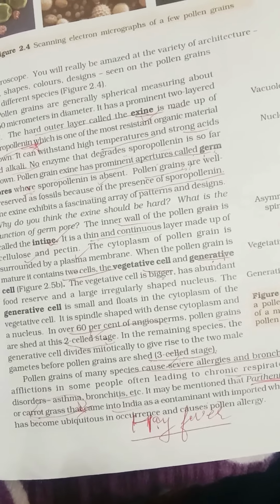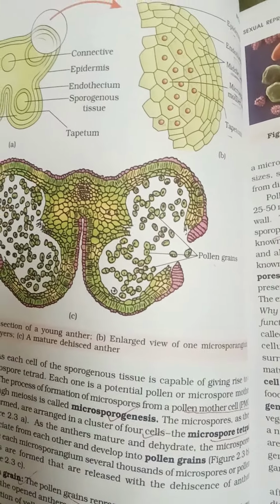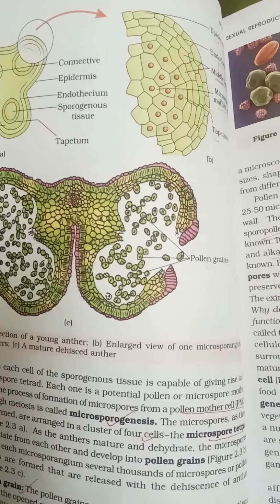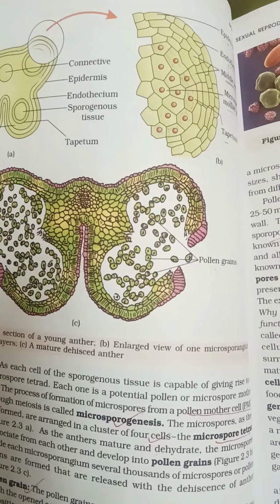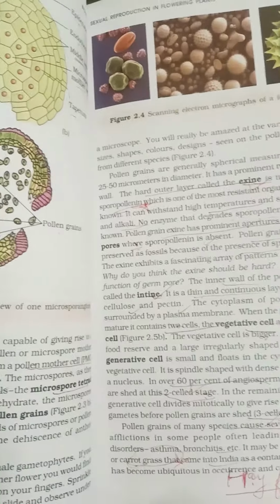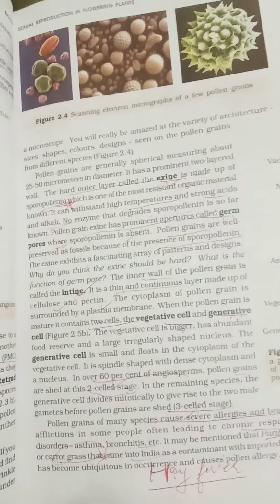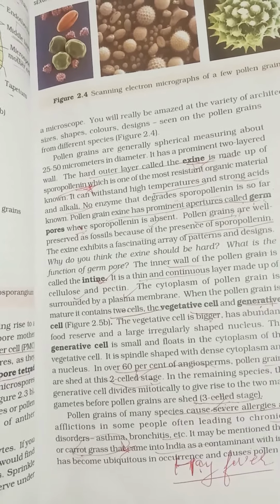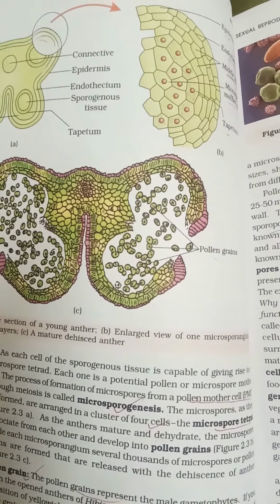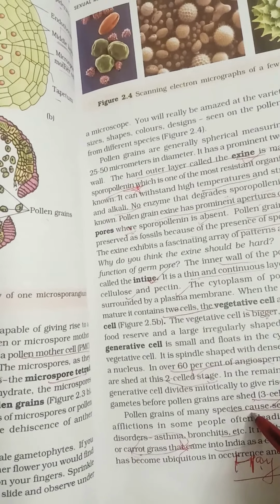Alright, so this is the brief idea about the pollen grains and the formation of pollen grains inside the anther, that is called microsporogenesis. And a little bit we have discussed about the structure of anther, structure of flower. So I hope this video will be helpful for you all. Because if you are a NEET aspirant, and even if you are preparing for your CBSE exams, this NCERT is very very important. So I will try to make videos from chapters that will be taken from NCERT along with the video lectures.